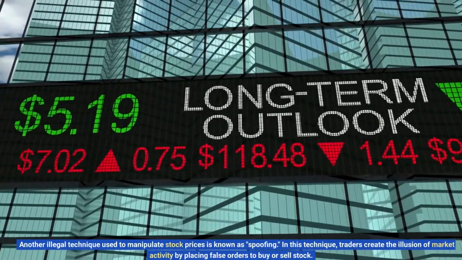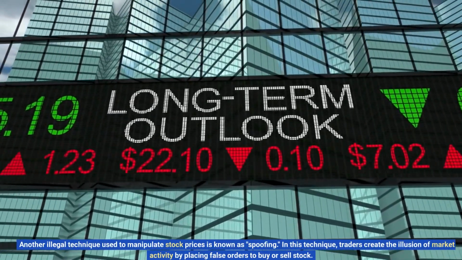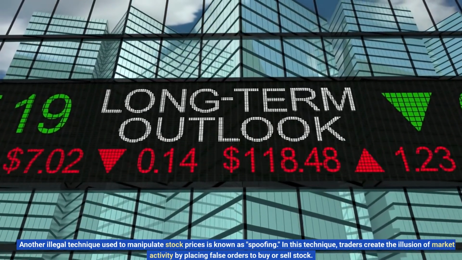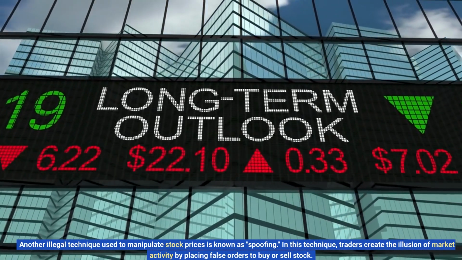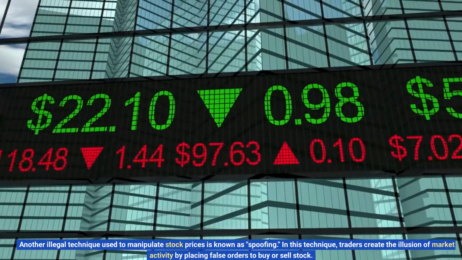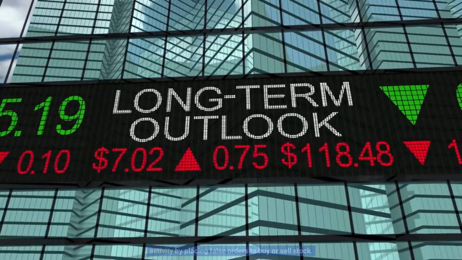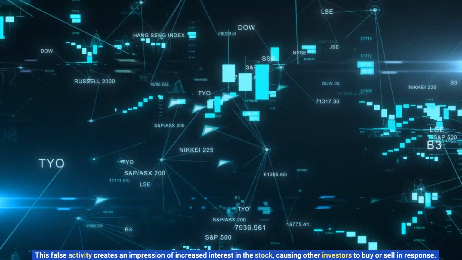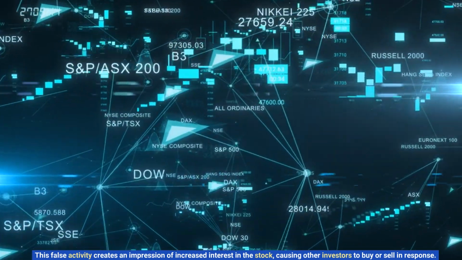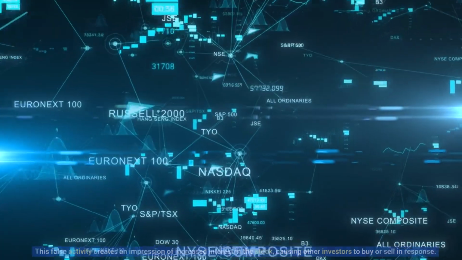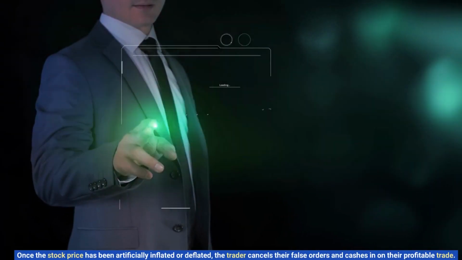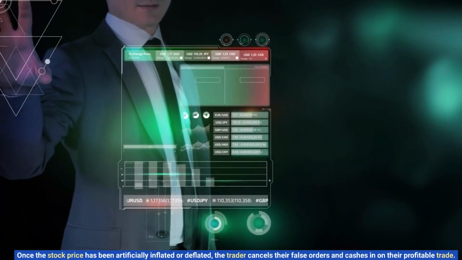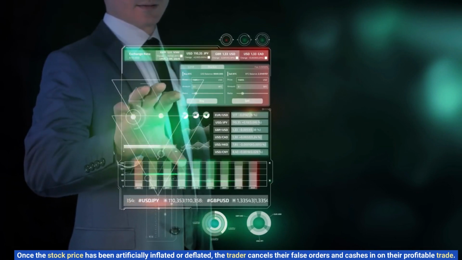Another illegal technique used to manipulate stock prices is known as spoofing. In this technique, traders create the illusion of market activity by placing false orders to buy or sell stock. This false activity creates an impression of increased interest in the stock, causing other investors to buy or sell in response. Once the stock price has been artificially inflated or deflated, the trader cancels their false orders and cashes in